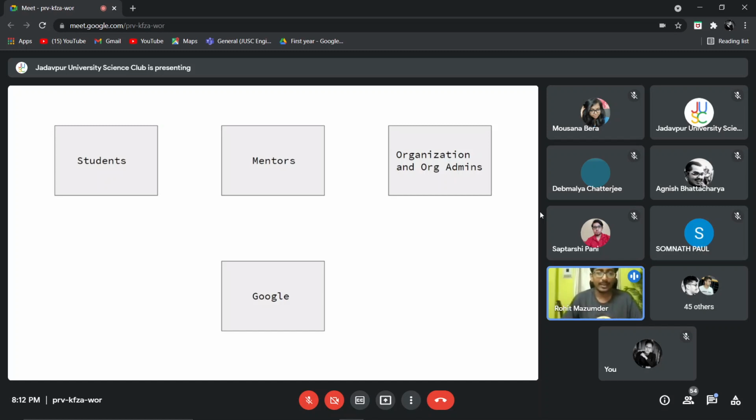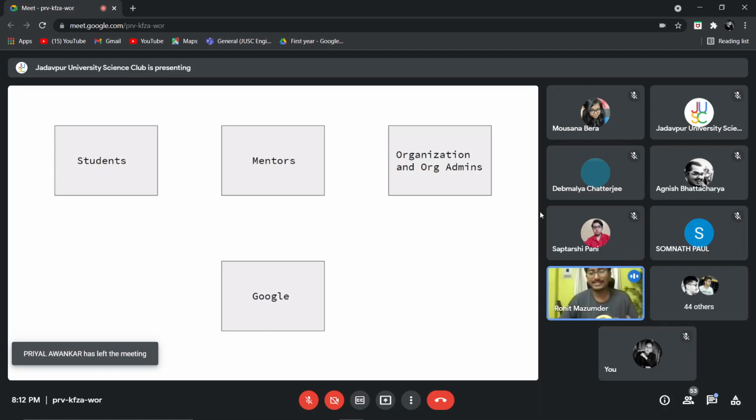And number two is that we are experts in some domains. You'll find that there are some mentors who are experts in networking. They know everything about computer networking. There are people who are experts in operating systems. I personally specialize in a field which is known as distributed systems. So there are these mentors who know the code base of the organization, and they are experts in a particular domain. And then comes a group of people who are known as students.